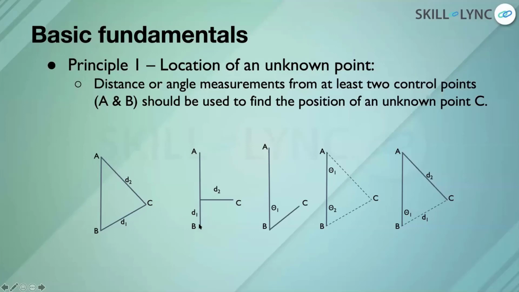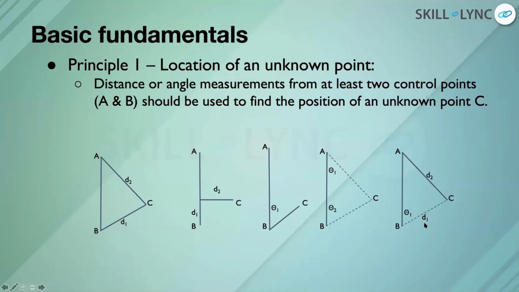And here, the distance D1 is measured along AB, and from there, a perpendicular line with the distance D2 is measured to C. And in this one, you have an angle measured from B and a distance measured from B to C in that direction. So that gives you the point C. Here, there is no distance measurement, and this technique is called triangulation. You have only angular measurements. You make 2 angular measurements, and wherever that joins, that's going to be your C. Here, you make 1 angle and 1 distance measurement, and you are cross-checking using another distance measurement.